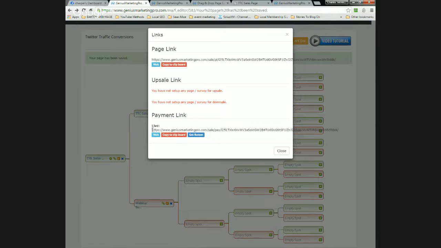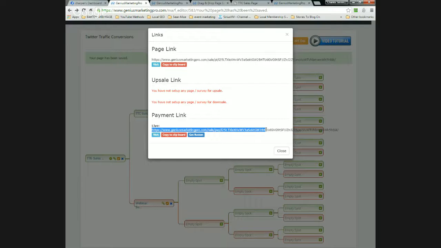What you can do is take this link and put it on a button of your choosing. Okay, so if that's something that you don't want to have, you can use it without that, and you can use a button that you have on an HTML side,